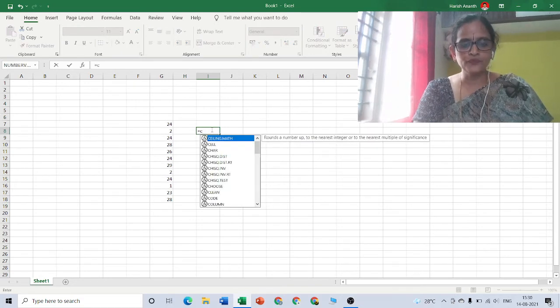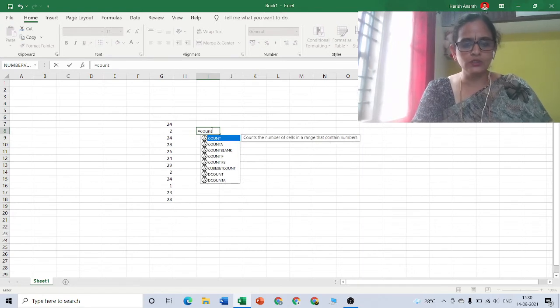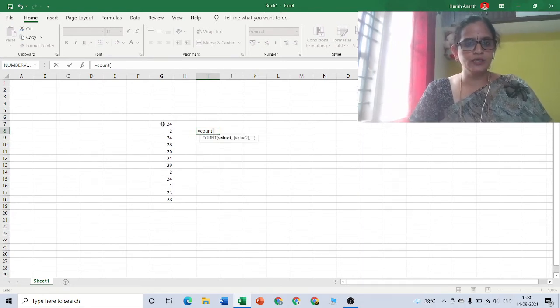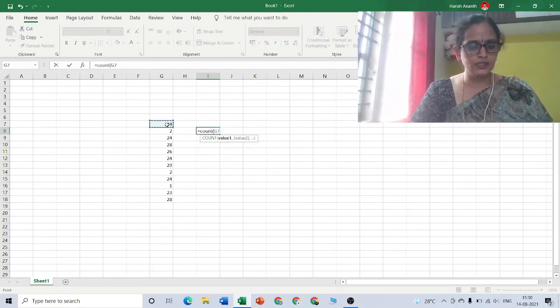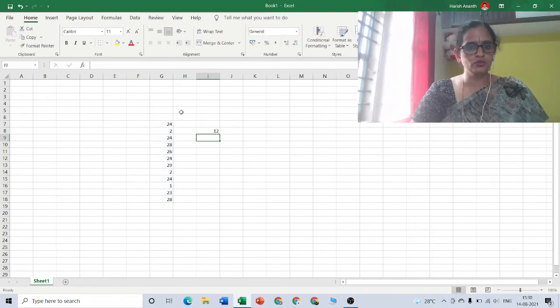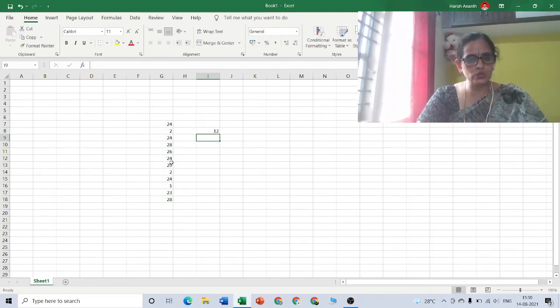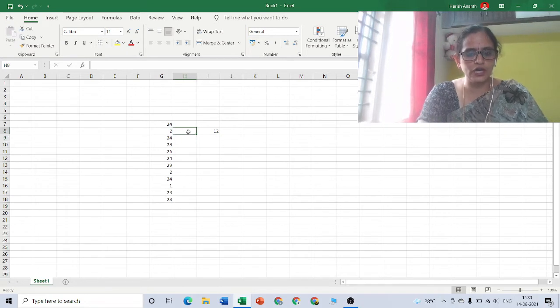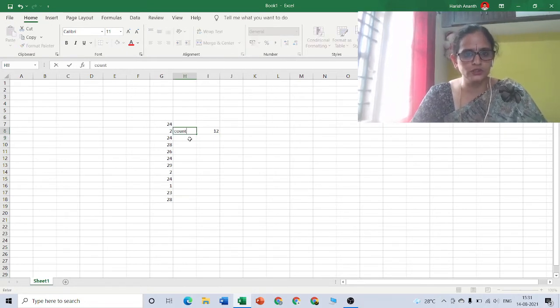Place equal, then type count, open the bracket and select the set of scores for which you want to find the number. So there are 12 scores in this particular set. We have found out the count.